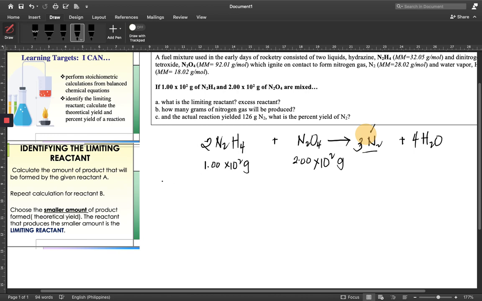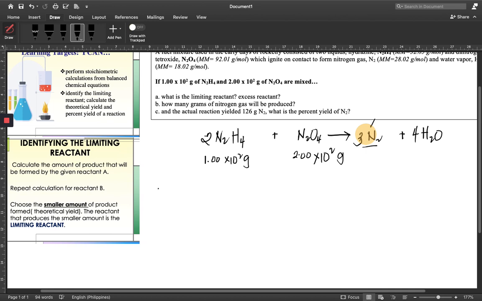Alright, so we use both reactants. So let's just do step 1 here. The number of grams of N2 or nitrogen gas. Then let us specify from which reactant this is. So this is from